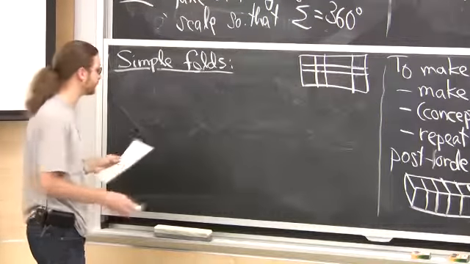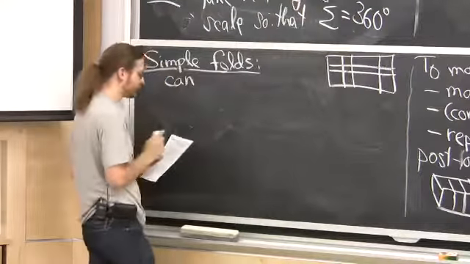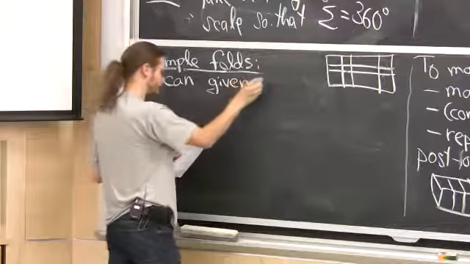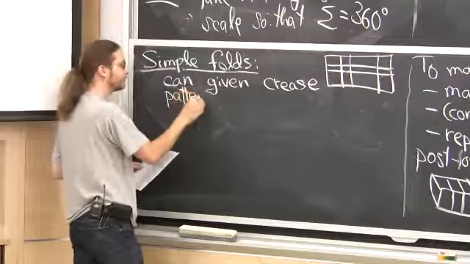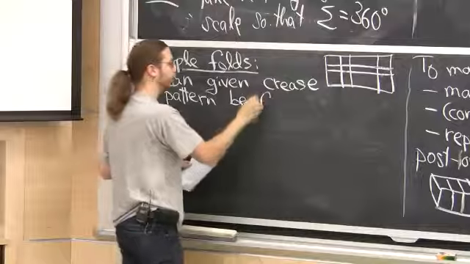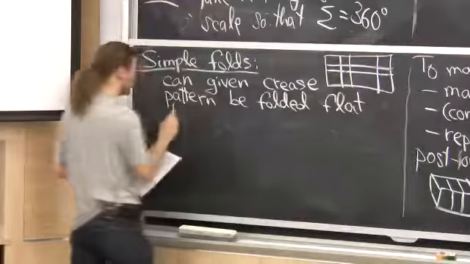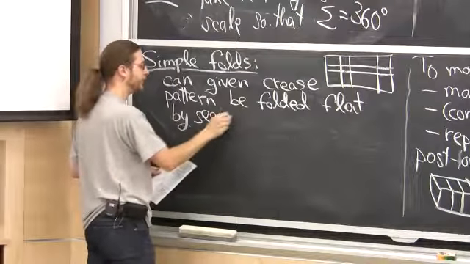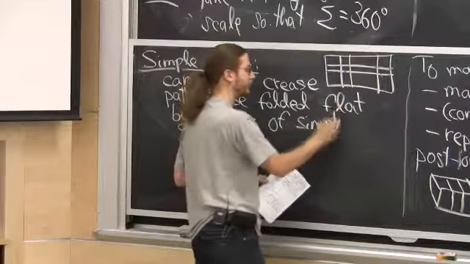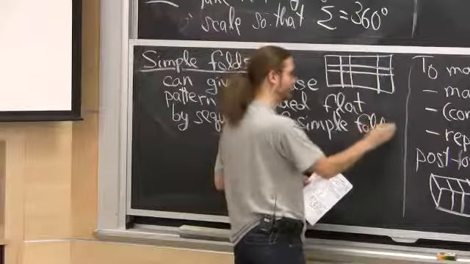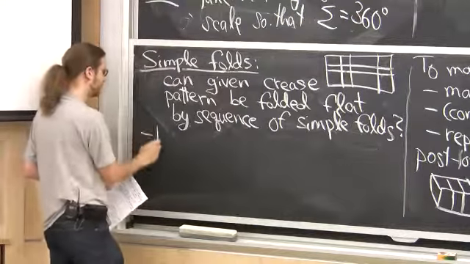For another situation, which is when the polygons are not just rectangles but are a little more general, then it becomes NP-hard. So in general, the problem is, given a crease pattern, possibly with mountain-valley assignments, doesn't really matter: can it be folded flat by a sequence of simple folds? Initially, we thought maybe this problem was polynomially solvable because simple folds are so damn simple. We were wishful, but it's not true. This turns out to be NP-hard